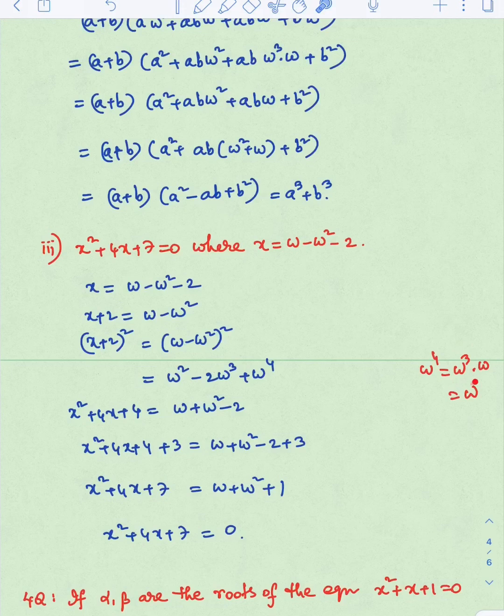You can write this like this. It is 1 omega. This omega is written here. This is omega square. This is 1, no, minus 2. Next step, what is to be proved in the question? Plus 7, but here only plus 4. We have to take 3 on both sides, plus 3. Then what happens? See, plus 3 when you take it will become 7. So the required LHS. Here after taking plus 3, minus 2 is there. Minus 2 plus 3 is how much? 1. So what is the value of this? Which is 0. This is proved.